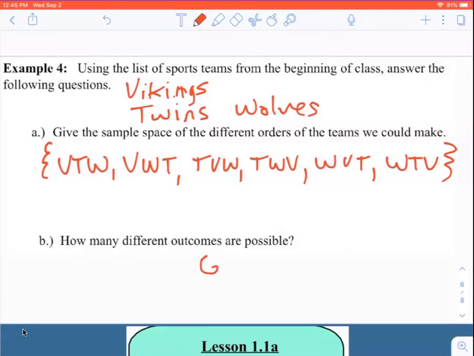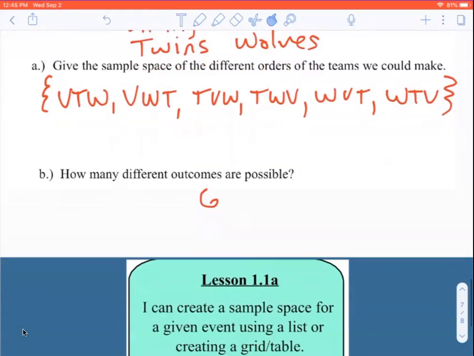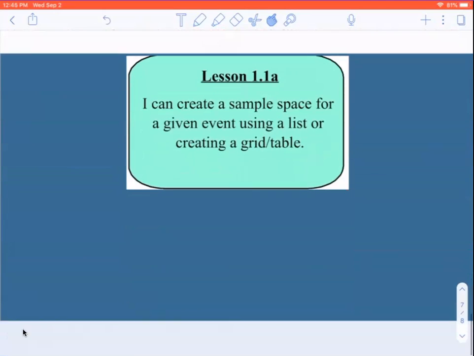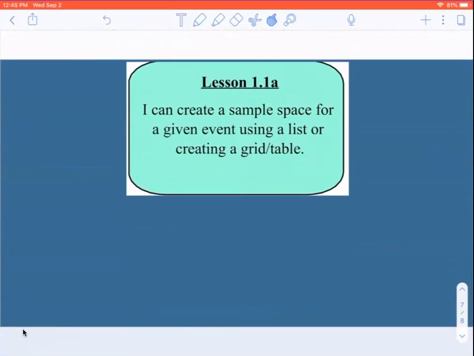That's not always going to be our answer, but it just kind of happened a couple times in a row there. So making a list is one way to figure out how many different ways something can shake out, how many different outcomes there are. It's not the only way, and it's certainly not the fastest way sometimes when we get into some other things. But today, that's what we're going to practice,